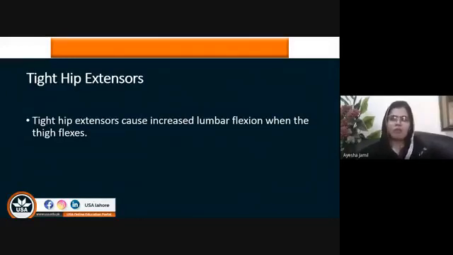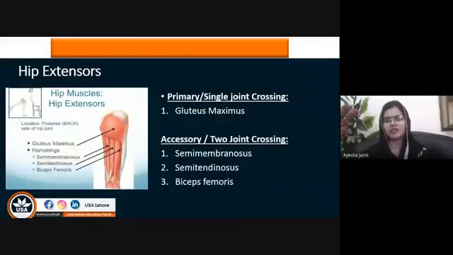Whenever there is a movement of the pelvis, there will be compensatory movements at the hip joint as well as the lumbar joint. And because a few muscles cross more than one joint, being biarticular or multi-articular muscles, they also play an important role in tightness and in distributing the impairment from one area to another. First of all, let's discuss which hip extensors cross this area.